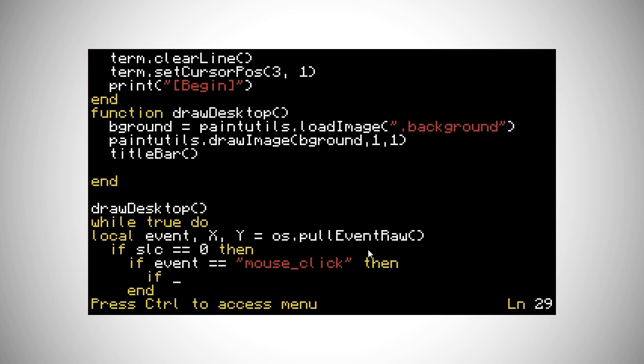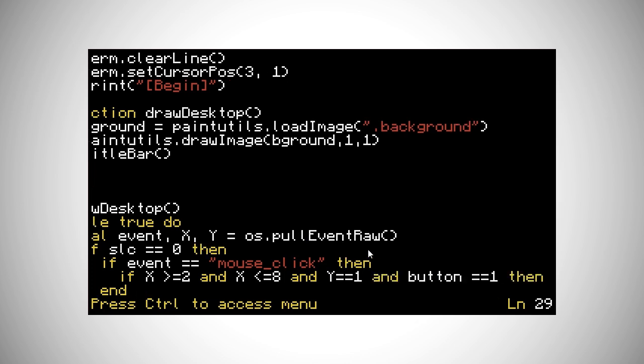If x is greater than or equal to 2 and x is less than or equal to 8, and y is equal to 1, and button is equal to 1, then